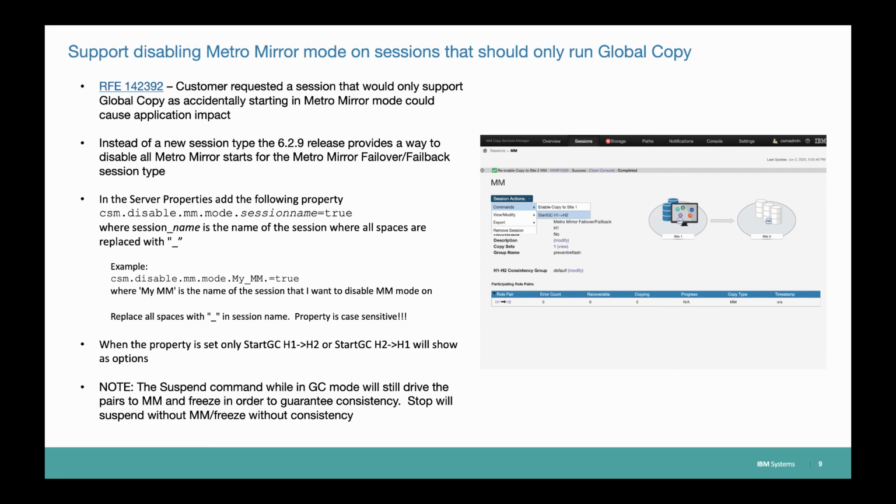All right, my next one is based off of RFE 142392. This is for support of disabling the Metro Mirror mode on sessions that should only be running a global copy. As you may not be aware, CSM does support global copy, but we do not have a global copy session. So you have to create a Metro Mirror failover failback session and start it in global copy